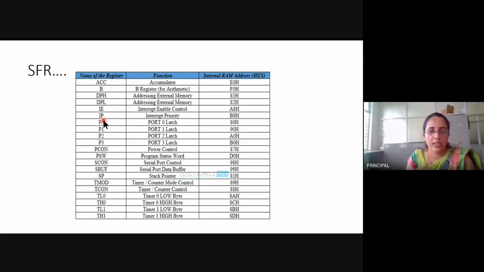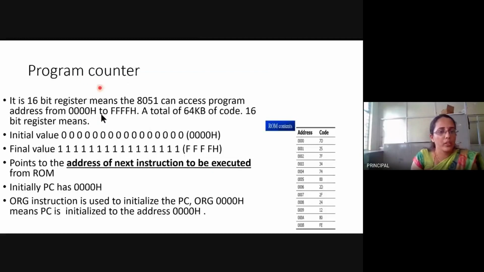So first thing, the program counter is a 16-bit register. A 16-bit register means we can access from 0000H to FFFFH, 2 power 16 locations. Then the initial value is this and the final value will be this.